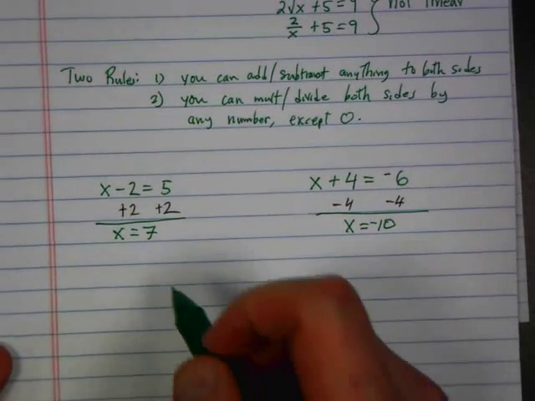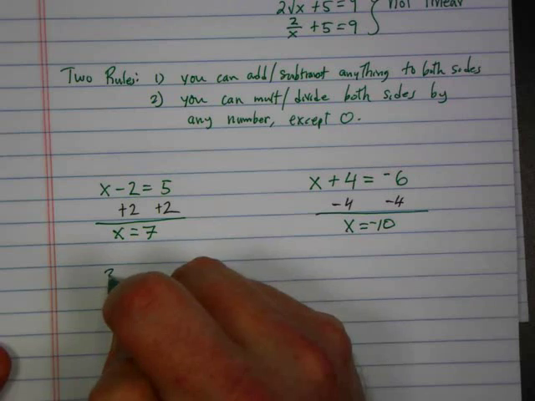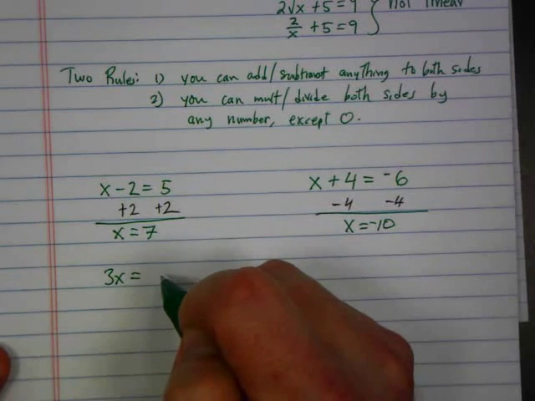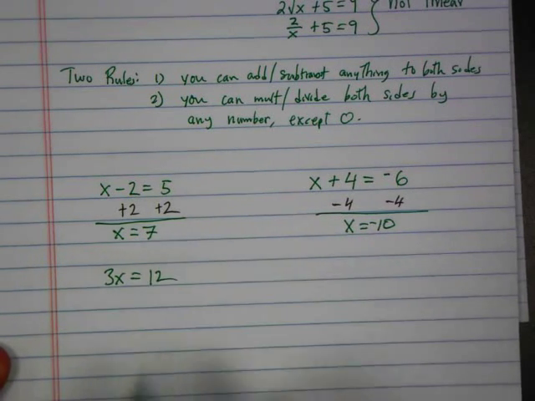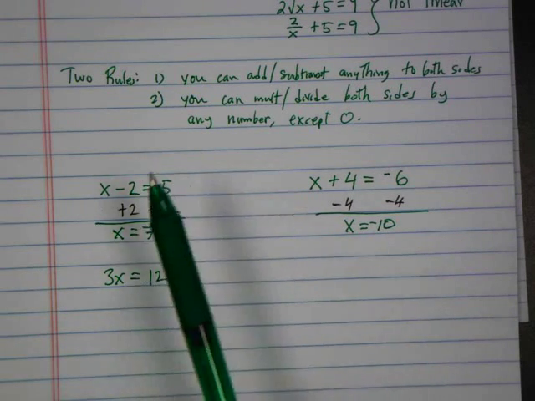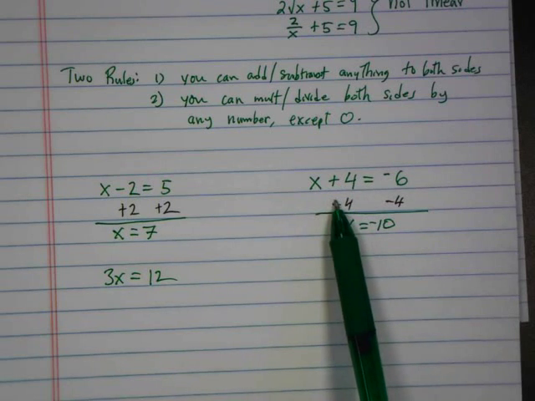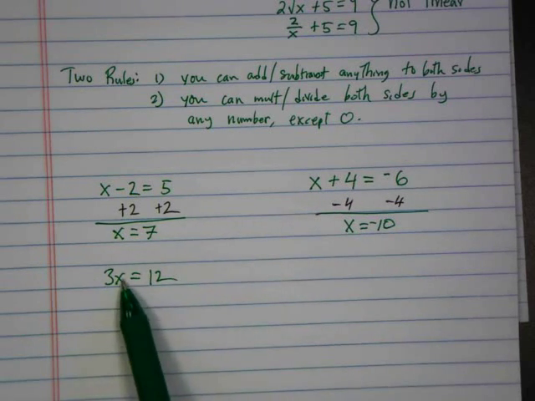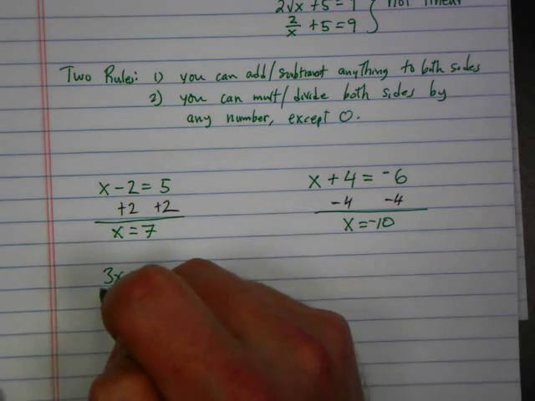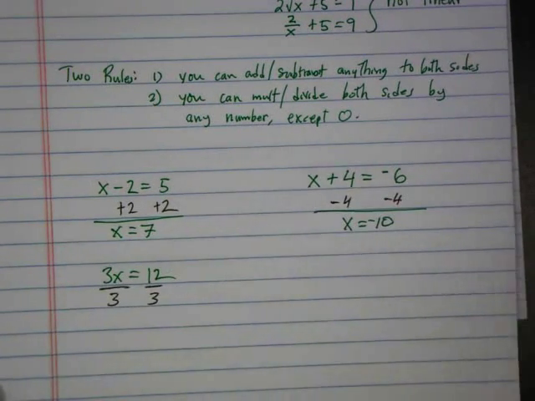Okay. How about if I gave you 3x is 12? 4. Why 4? Why do you divide this time? It's multiplication. Because it's multiply. Here we did add because add was the opposite of subtract. Here we did subtract because subtract was the opposite of add. Here we have multiply. The opposite of multiply is divide. So we divide both sides by 3. And our answer is